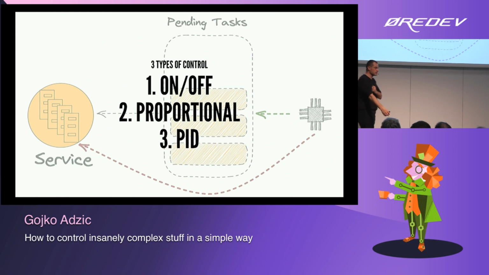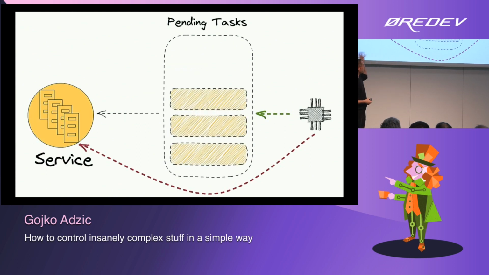The first is an on-off system. That's a thermostat. If the temperature is high enough, you turn it off. If the temperature is not high enough, you turn it on. So the system can be either on or off. It's like electricity in Sweden this winter. We'll see. The benefit of this type of system is that it's very simple. It doesn't take a lot to put in. But with on-off, you might overshoot a lot.